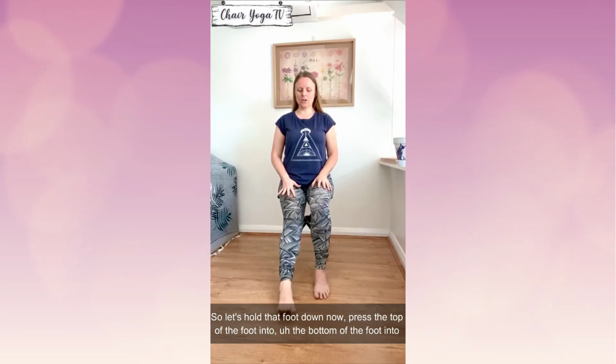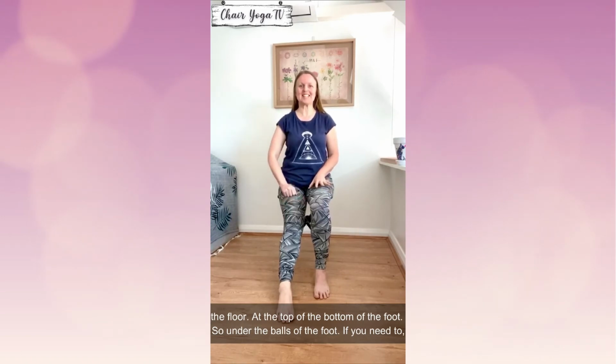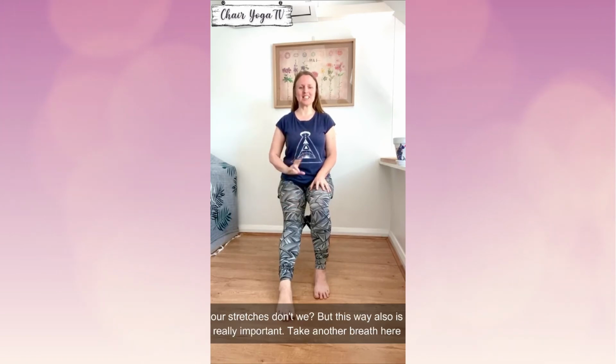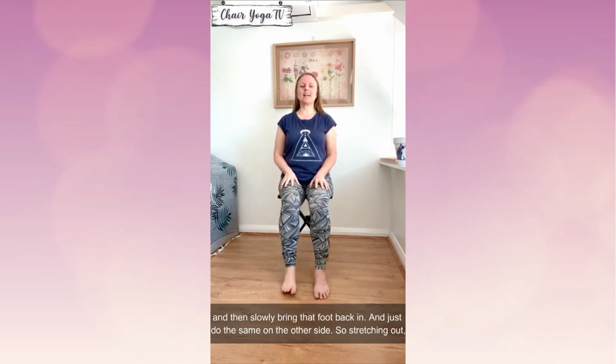So let's hold that foot down now. Press the top of the foot, the bottom of the foot, into the floor, so under the balls of the feet. If you need to, you can bring your foot a bit closer. Make sure you can get that top of the bottom of the foot down onto the ground. And feel that lengthening through the front of the ankle. We often go the other way with our stretches, don't we? But this way also is really important. Take another breath here. And then slowly bring that foot back in, and we'll just do the same on the